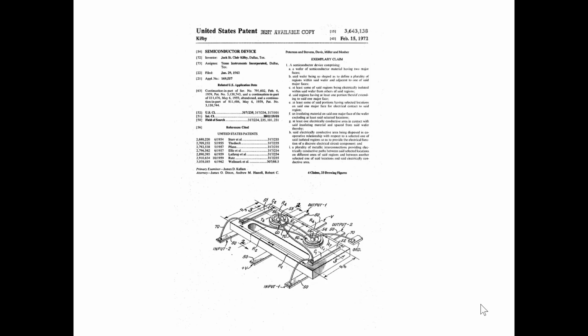And if you look at the circuit that he put together, it's kind of similar to what we're going to be talking about in this course. He had the idea that he could put more than one transistor on a piece of silicon. That's why he called it integrated. But he didn't have a good way to do the interconnects. So you see some wires interconnecting the devices together on silicon.